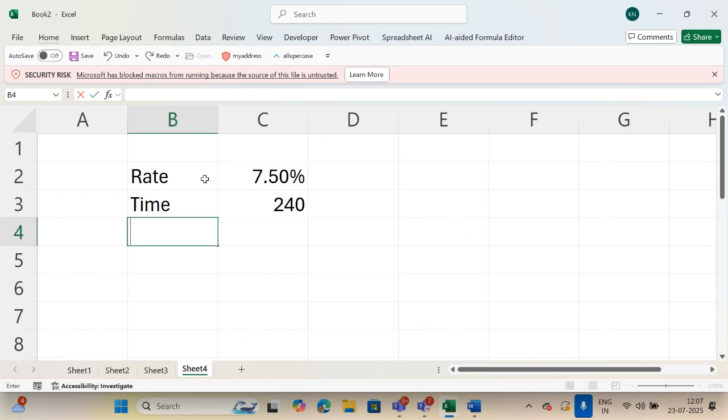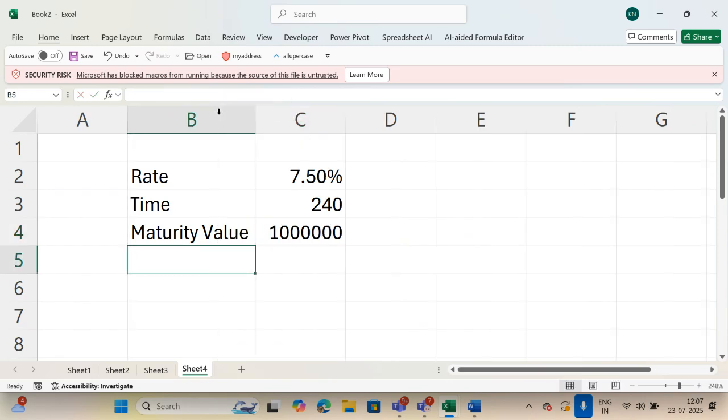So after 20 years, I want the maturity value to be 10 lakh. After 20 years, I need 10 lakh rupees to provide the best education to my child. So how much amount should I submit every month so that I'll collect the maturity value of 10 lakh